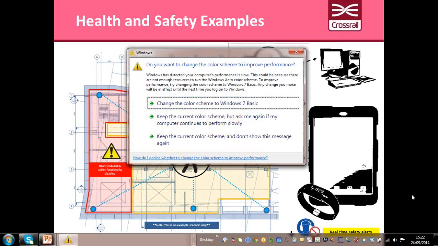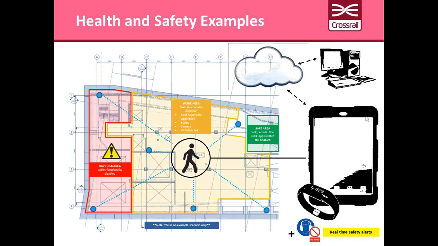There are also other interesting privacy checks. We're going to start tagging people. One of the examples you'll see is a wristband in this example here. There's lots of wearable technology you can have now that could be a tag that could monitor location in real time. Are our operatives going to allow us to do that? I think we would face severe challenge there, but if we pushed it from a health and safety point of view and from an enforcement point of view, then we may have some traction.